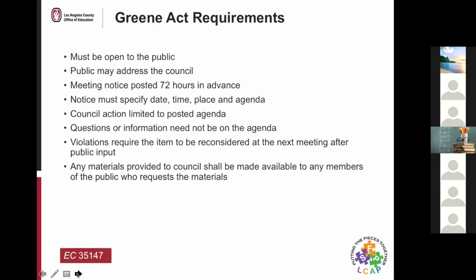The Green Act also requires that any materials provided to the council be made available to any member of the public who requests them. So basically, those are the ground rules under which the school site council operates. You can see there are a lot of things not addressed here that you need to address in policy or in bylaws.